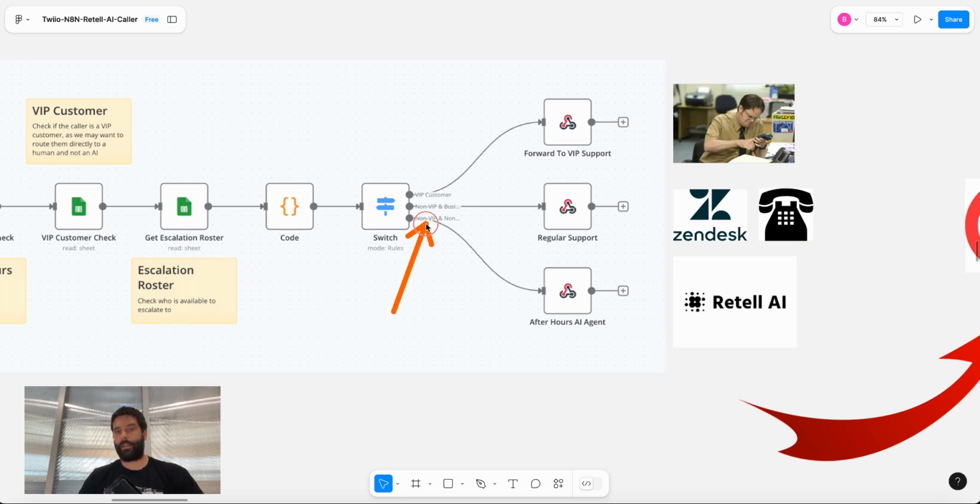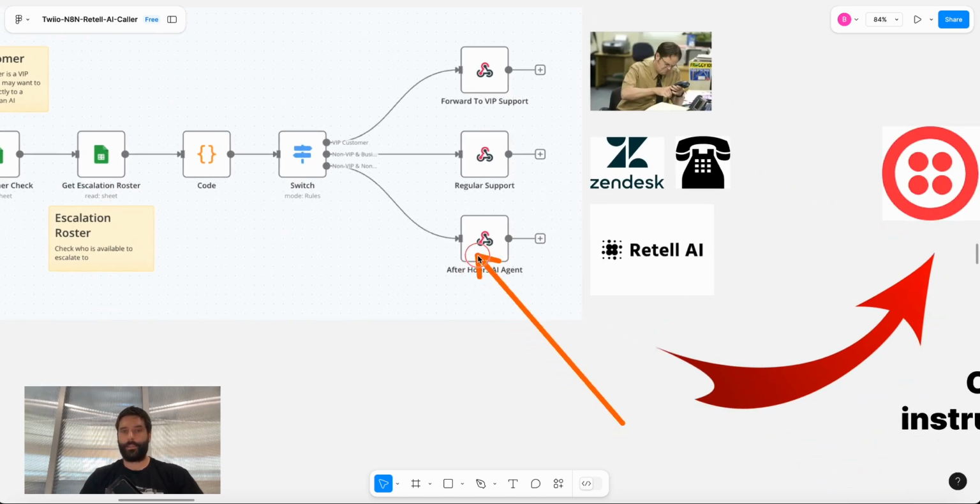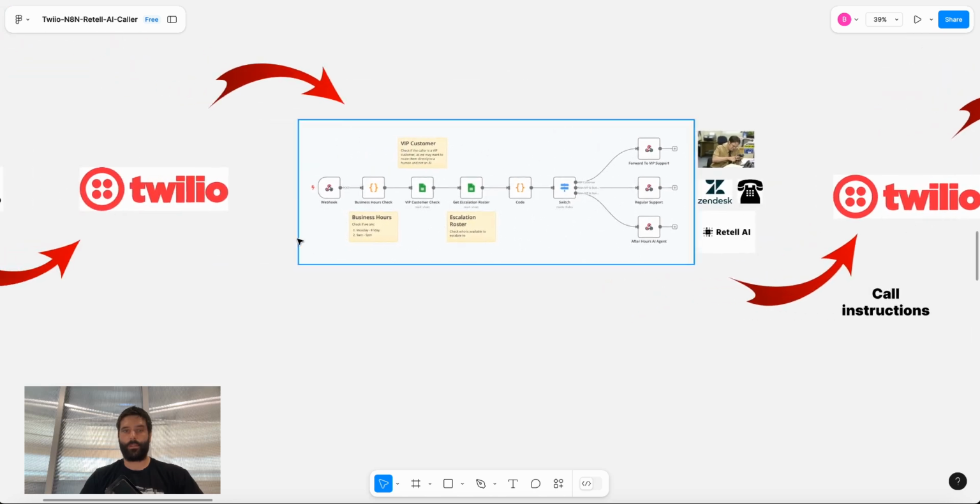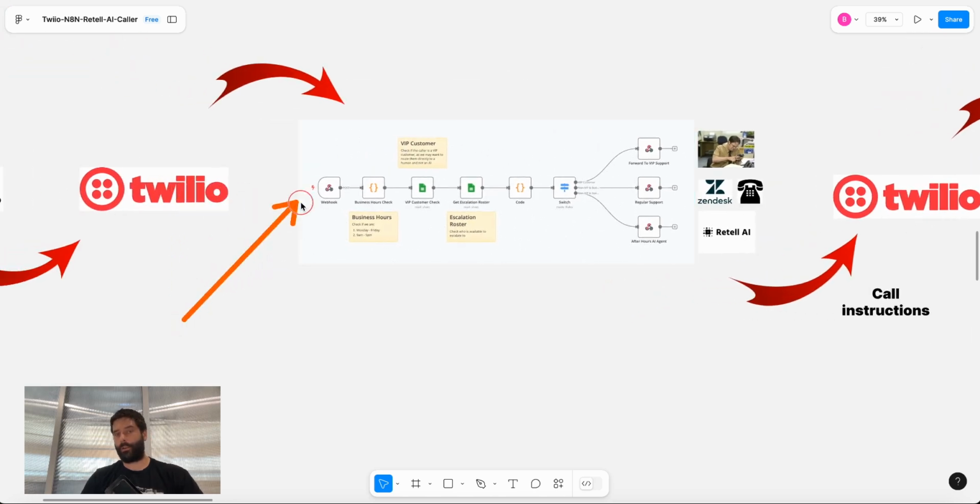And then the final route is if it's not VIP and it's after business hours, we might connect them directly into our AI agent. And in this case, we're going to be using Retell. The idea is that these webhook responses are actually still responding back to Twilio. So this original invoking Twilio API call that's going to this n8n scenario remains open. It doesn't answer the phone call. It's just waiting on some instructions from this scenario to say, okay,